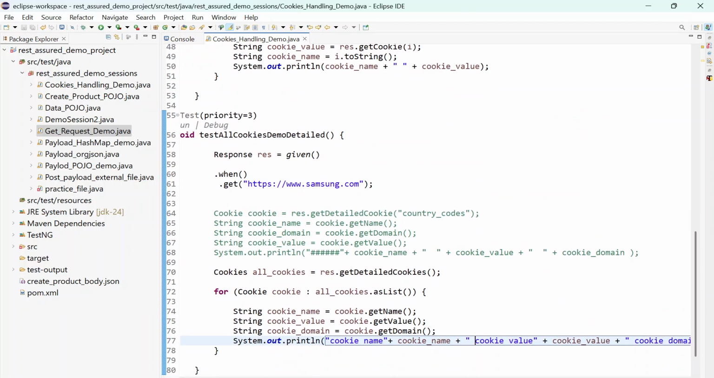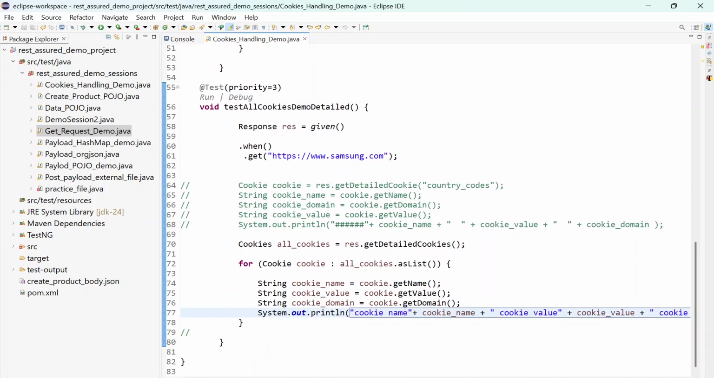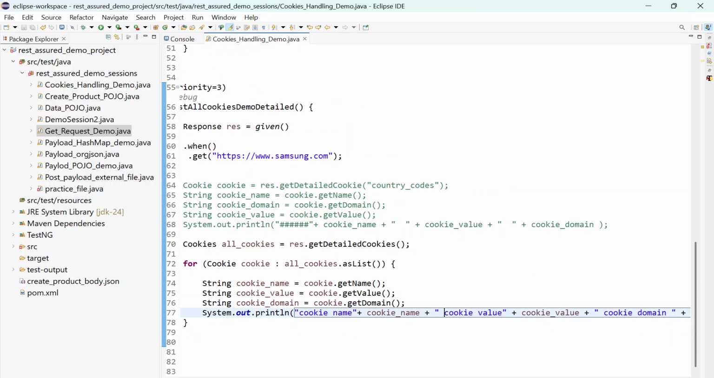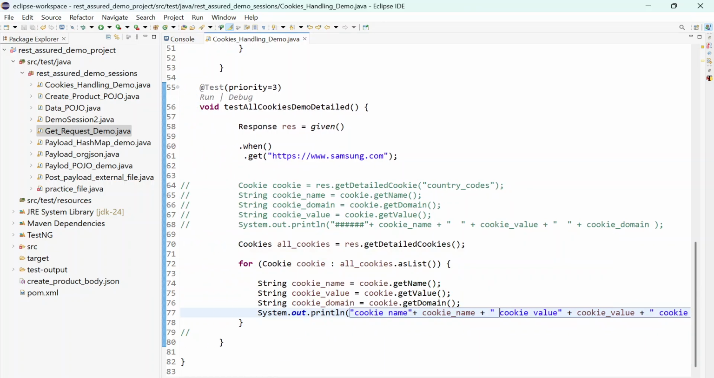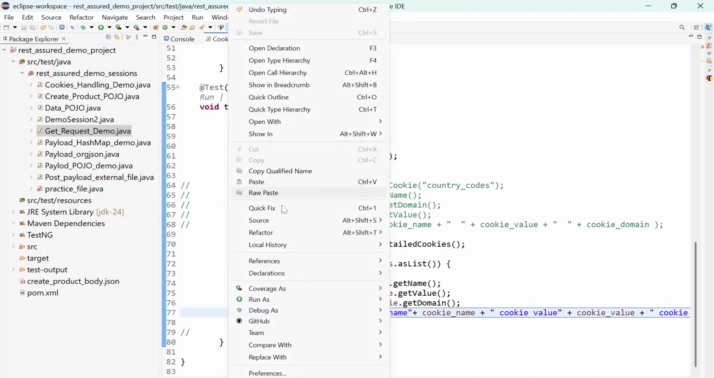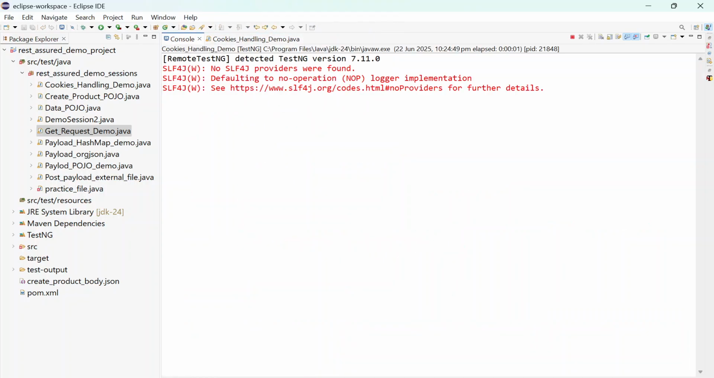Let's save this now and let's run this file. So this time for this third test case, it will print all the cookie name, cookie value and cookie domain information. This time we have used cookie object to fetch that information. So let's run this file,